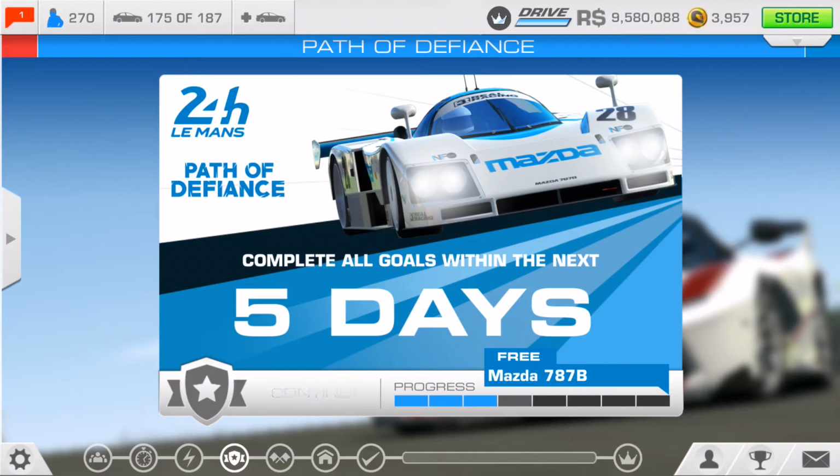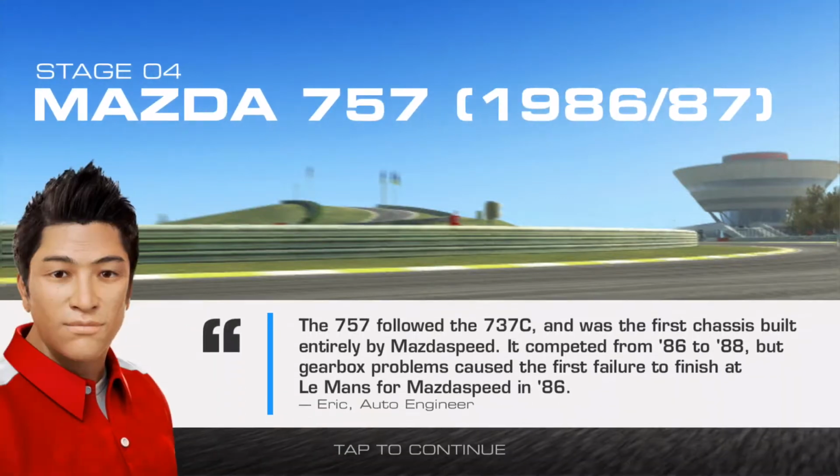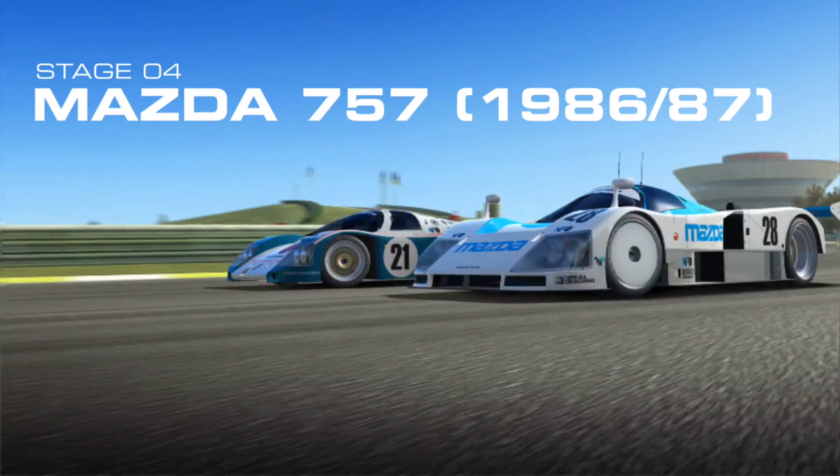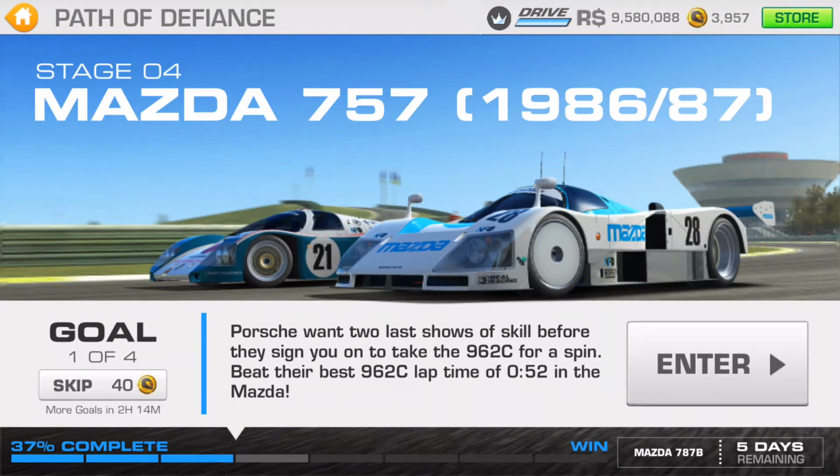Okay, here we go, day 4. Let's see what it's got in store for us. 86, 87. Yeah, whatever. Porsche 962, 186 and 87. And anyway, whatever you just said. Porsche wants 2